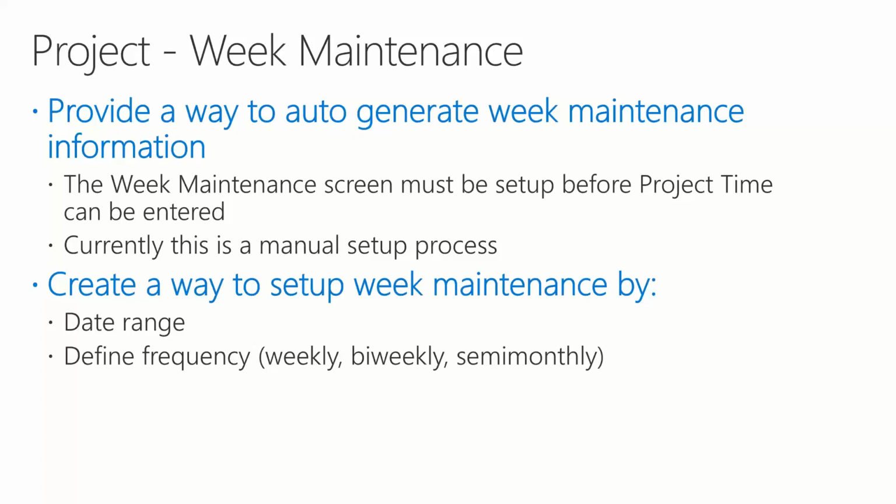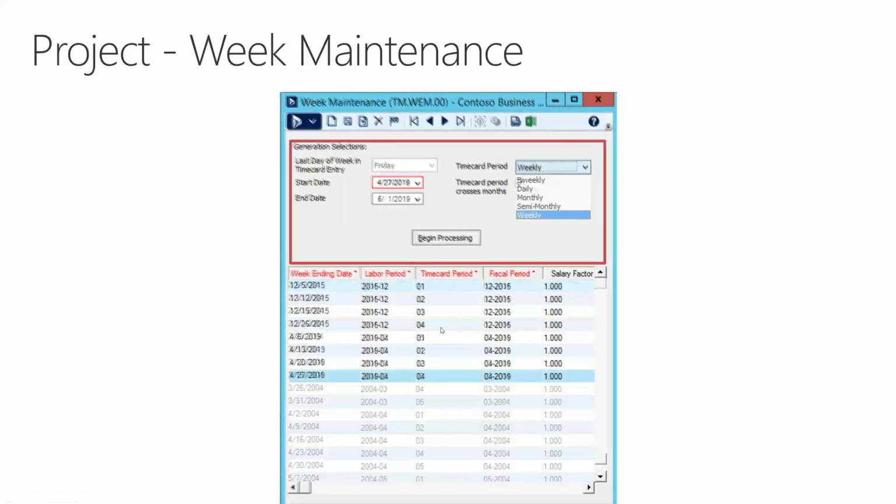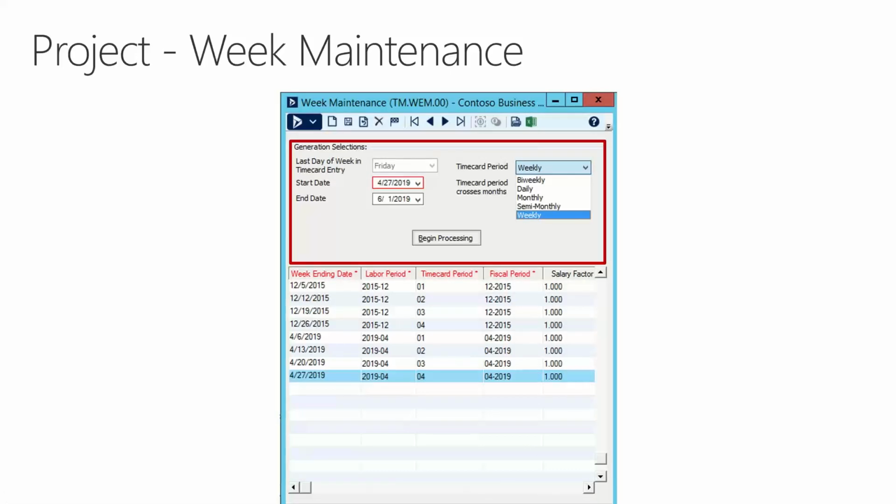This kind of came from me too, because when I'm doing demonstrations around web apps, I constantly have to set up the week maintenance screen. So I said, hey, let's add this whole section to the top of the screen in red. Instead of having to manually type in the week ending dates, labor period, time card period, fiscal period, I'd love it if I could just go into a screen, choose the first date, choose the last date, tell it what my time card period is, and then when I hit begin processing, what it will do